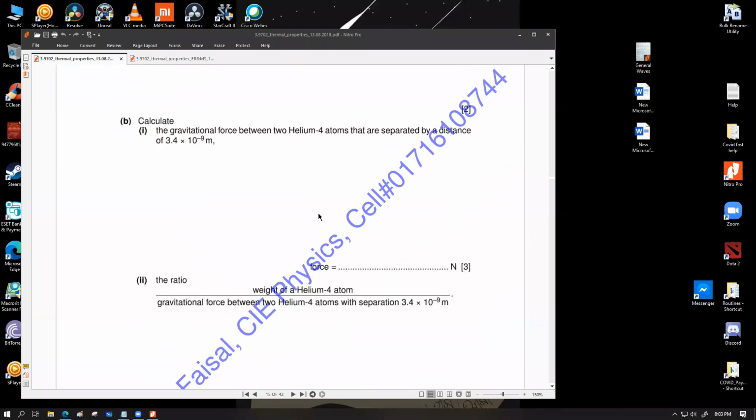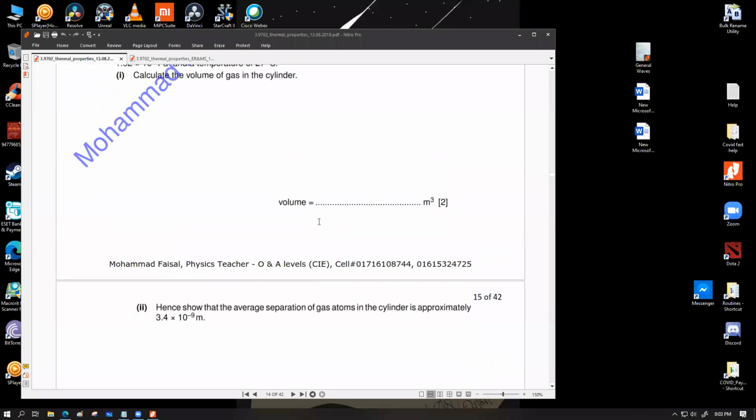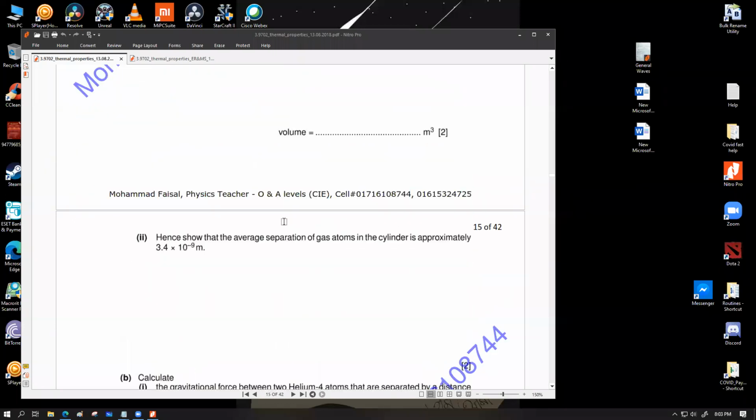Sir, A3 and C. Okay, A3 says the amount of 1 mole of helium-4 gas is contained in a cylinder at a pressure of this many pascals and temperature of this much. Calculate the volume of the gas cylinder, hence show the average separation of the gas particles is approximately this. Sir, A2. Okay, I'm telling you, to find out the average separation, we need to find out